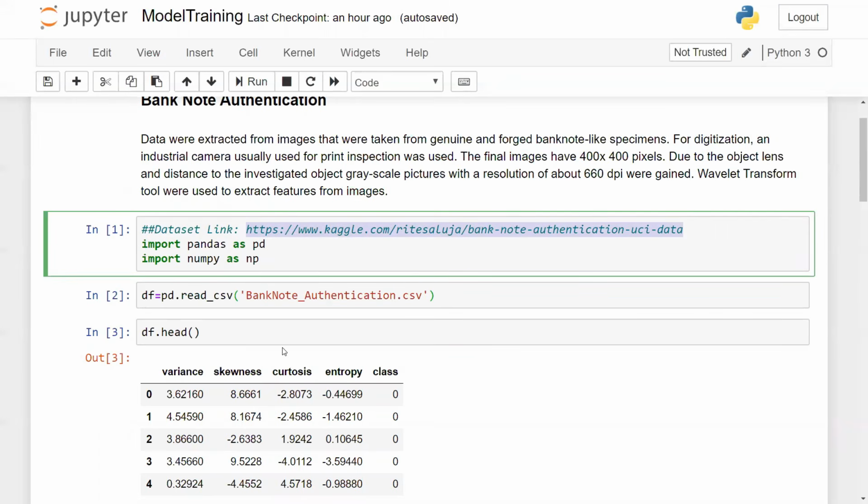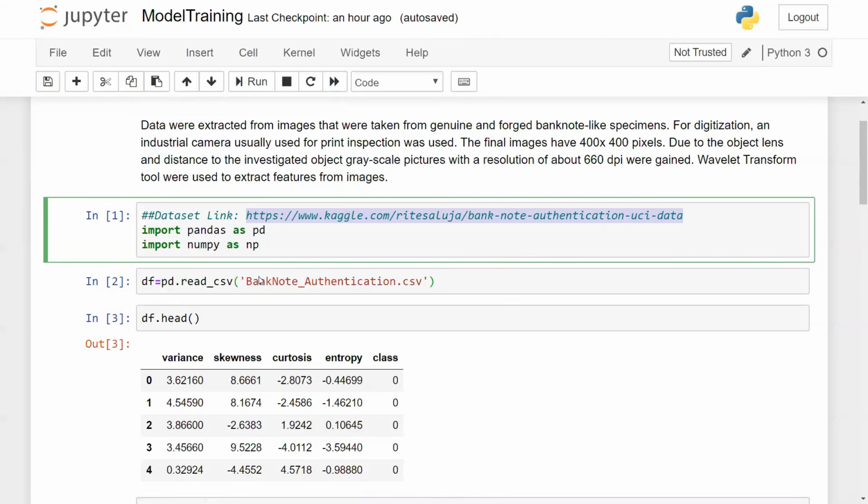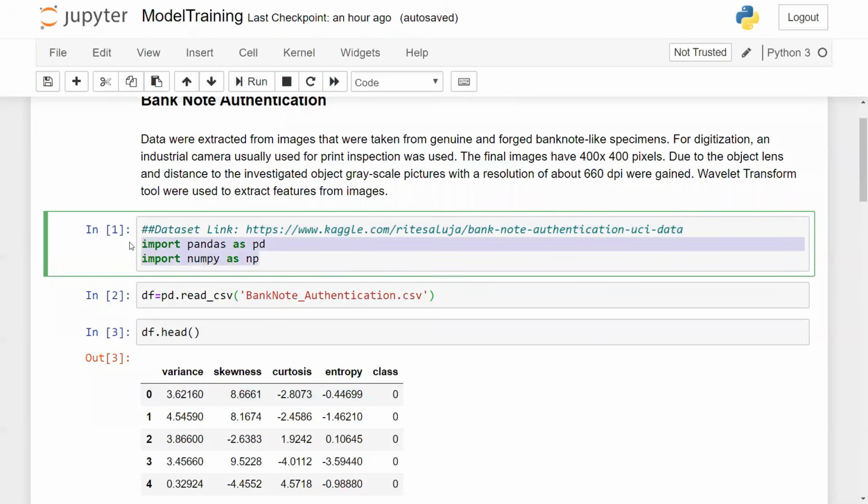And remember, guys, one important thing: this particular dataset is from the UCI repository, but it was available on Kaggle, so I downloaded it from there. And remember, all this code will be given in the GitHub link. You can also download the dataset from there. Okay. Now, initially, what I'm going to do is just import NumPy and Pandas. So here you can see I've imported NumPy and Pandas.